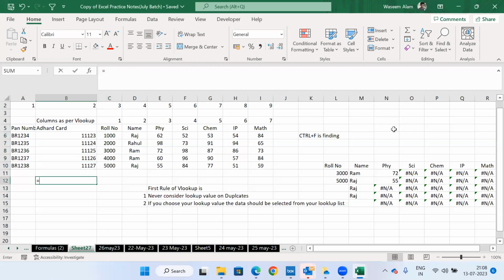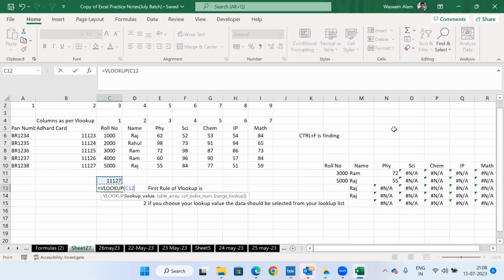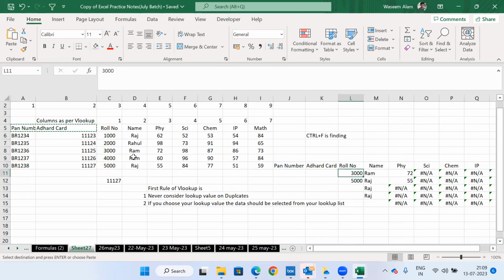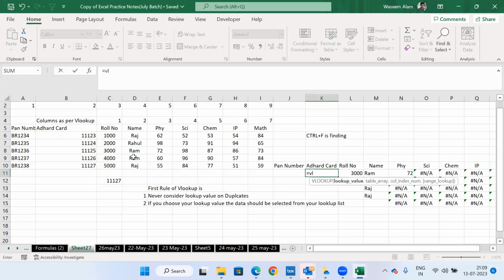Like if I'm going to apply VLOOKUP, suppose this is my Aadhaar card. This is my lookup value. If I'm choosing this area, and for example roll number. I'm giving some example here. Now you want to get some details for PAN card and Aadhaar card. Now what happens if you use VLOOKUP